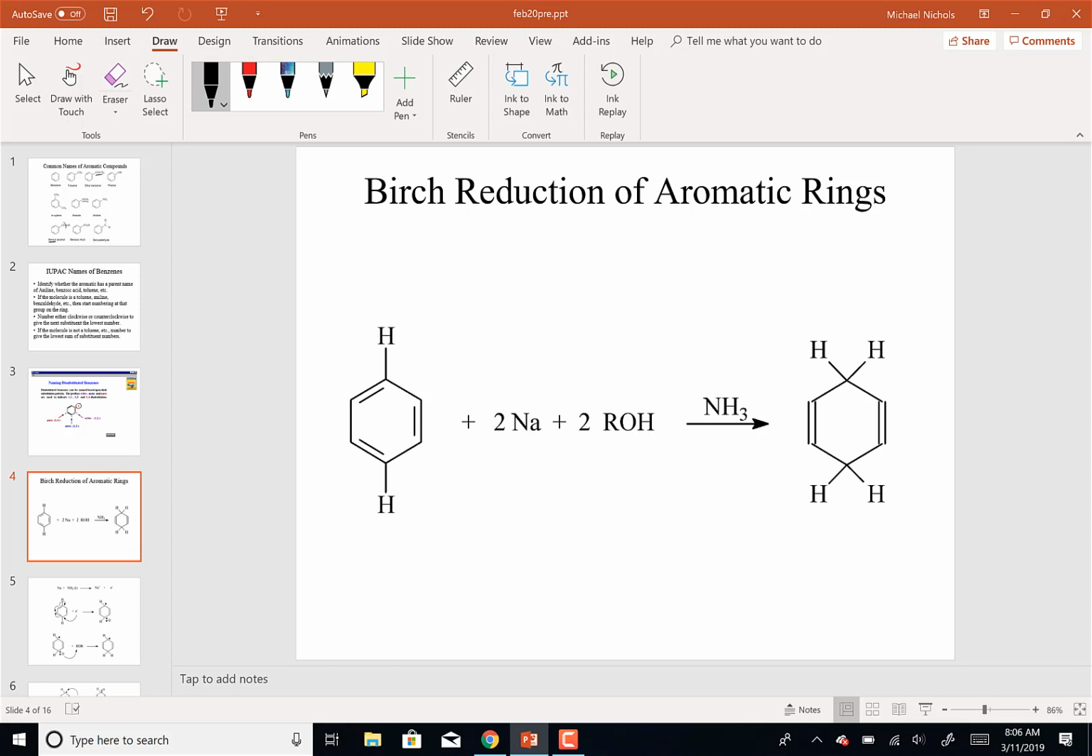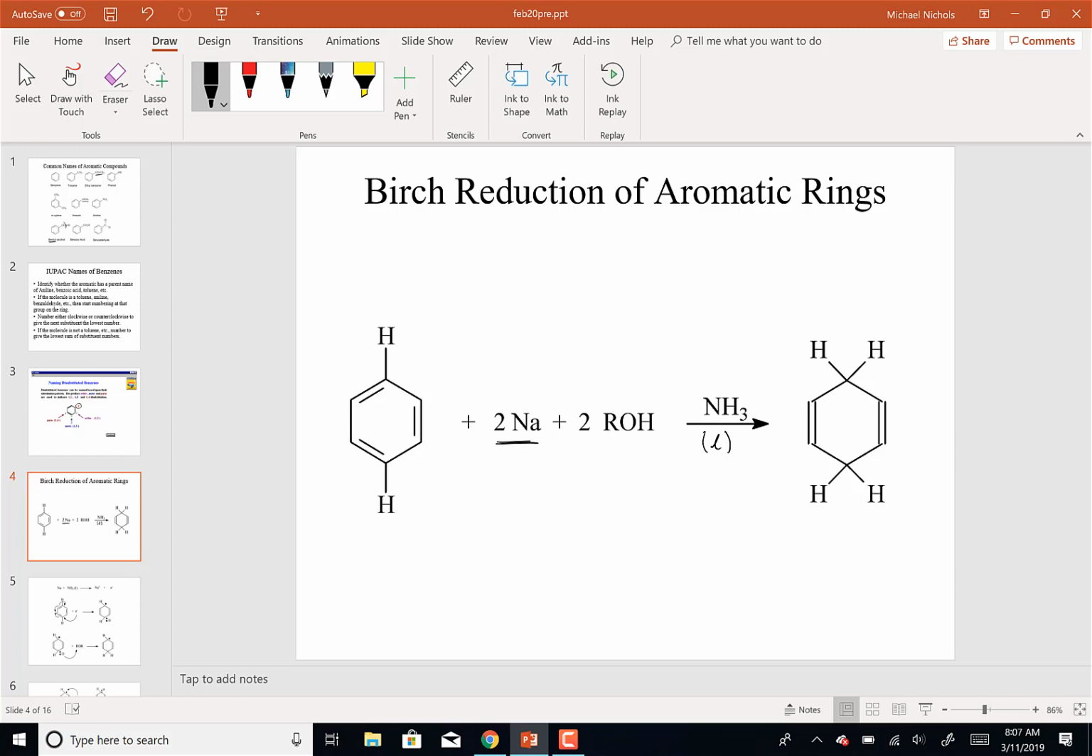So let's talk about reactions of the ring. We spent a couple weeks ago talking about how stable the benzene ring was. And so the question is, can I break up the aromaticity of the ring? It's really difficult to do that, but it can be done. And the way that it's done is by using sodium metal in liquid ammonia. So this is our